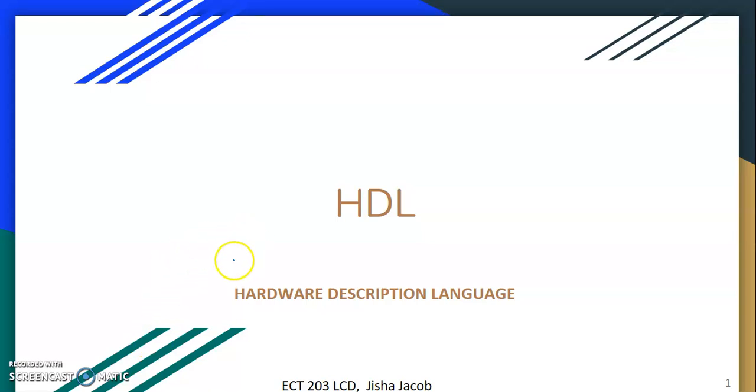Today I'd like to give you an insight on HDL. HDL stands for Hardware Description Language. We already know many types of languages, like the spoken language, that is like English and your native languages. All those are languages that we speak of. But the language that I'm talking about right now is not the spoken language, it is coding language.